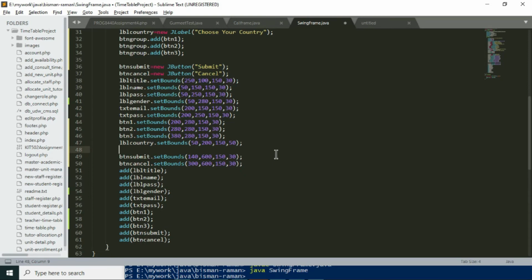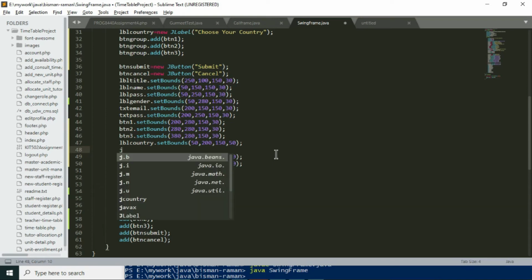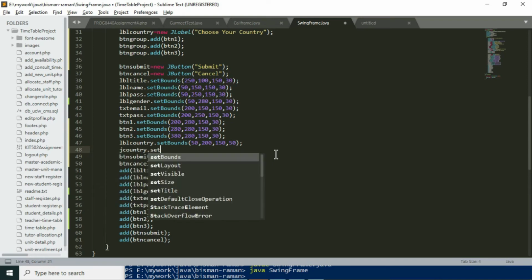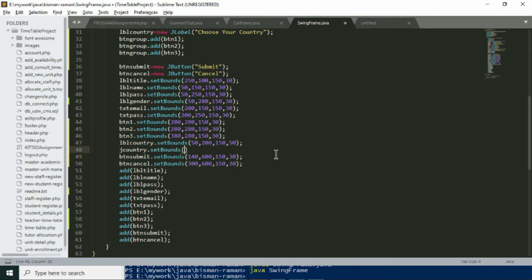And I'll add this countries drop down, the JComboBox, and place it after the button, at 200, 350, 150, 30.